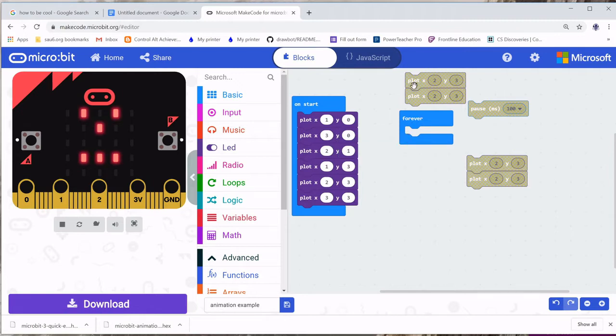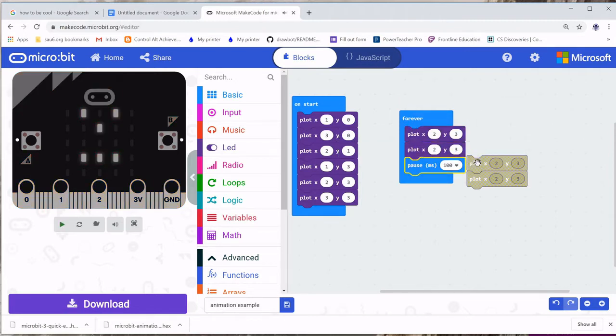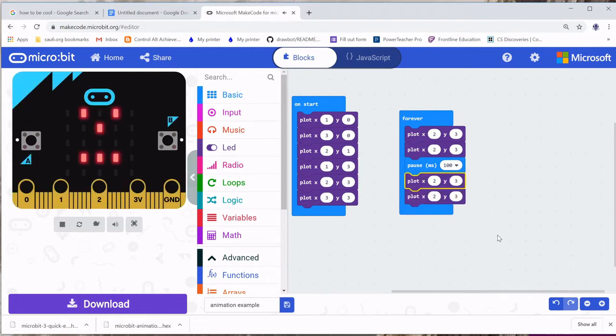Then in the forever loop, I can throw in some of these plots with a pause, and we'll see that nothing happens because 2, 3, go over 2, down 3 is already lit. I need to light up 0, 3. Tip, you can hover over and it will tell you. All right, so I want to do 0, 3. Let's see. All right, that LED is now showing. And the other one I want to show is 4, 3. All right, we now have that face plotted, but we need to